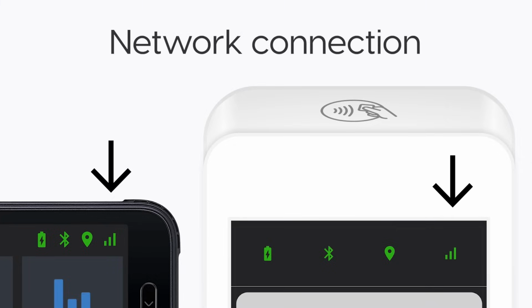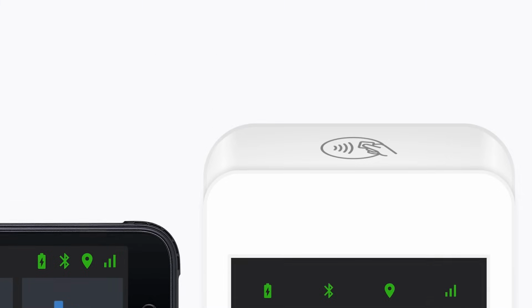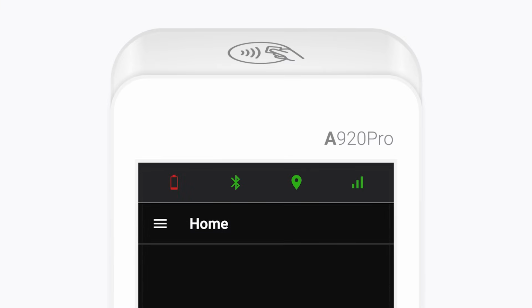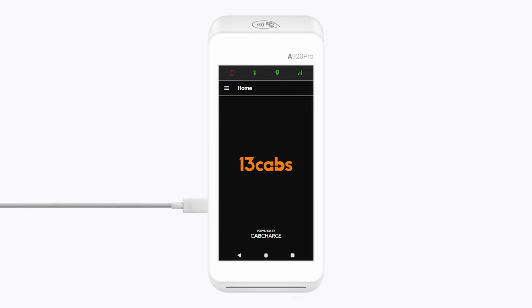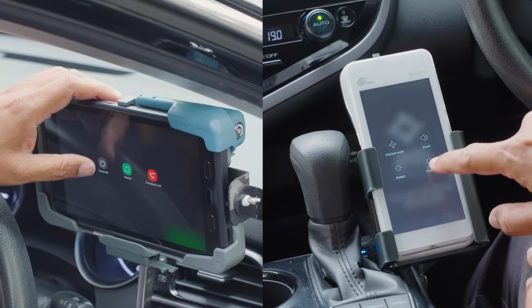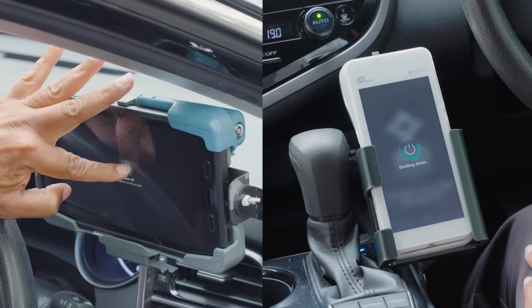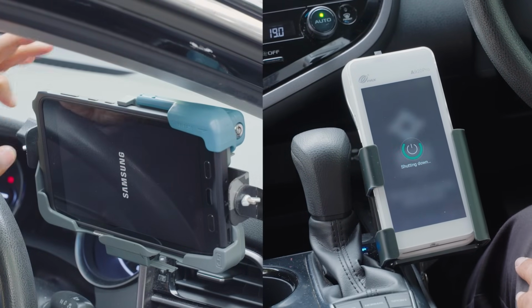And this indicates network connection. If all of these icons are green, your system is working correctly, and you can begin your shift. If the battery icon is yellow or red, you should plug in the charging cable. If any other icons are yellow or red, try restarting your devices. If the problem persists, contact your local taxi tech for support.